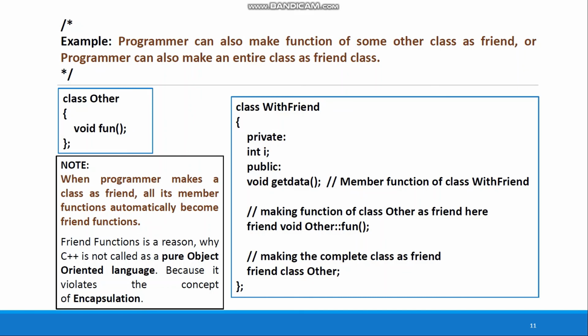Now there is one more important point: why C++ is not a pure object oriented programming language. Because of the friend function. The friend function is a reason for this, because when we use a friend function, it violates the concept of encapsulation. We know very well